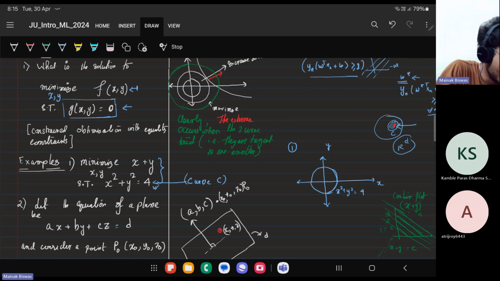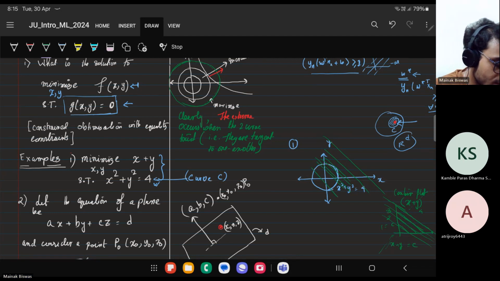Now, if I asked you to minimize this, what would you do? Rather, are we minimizing or maximizing? Let's check. Do you see this over here? This is not minimize, I think this is maximize. So if you're told to maximize x plus y,